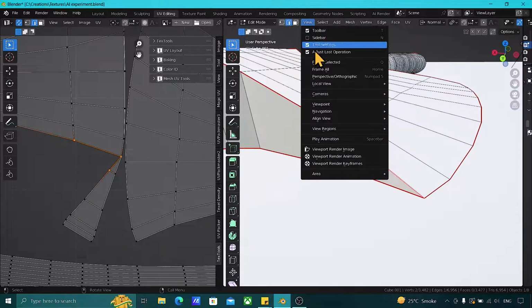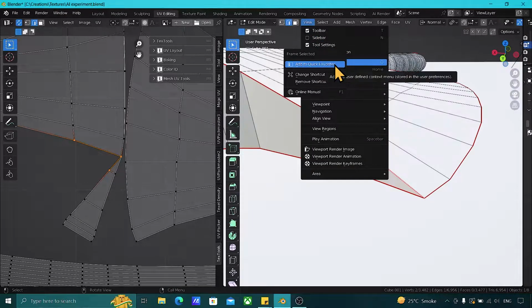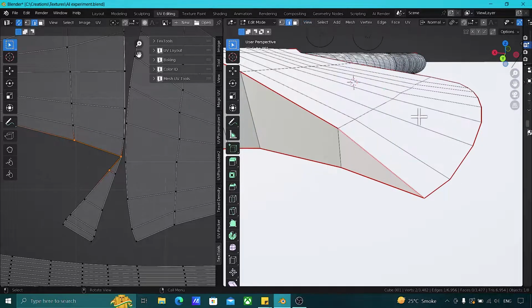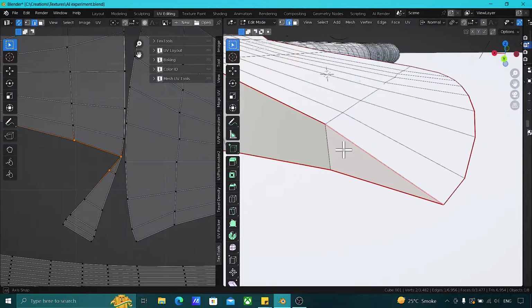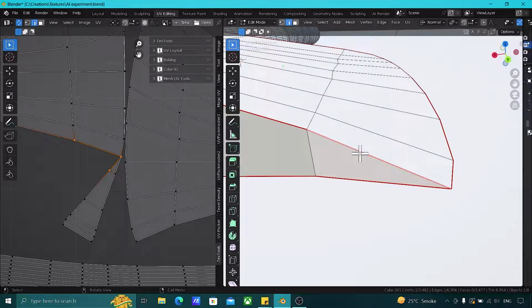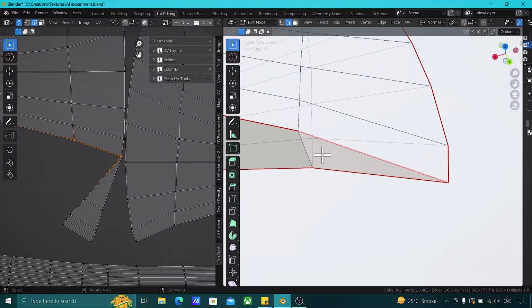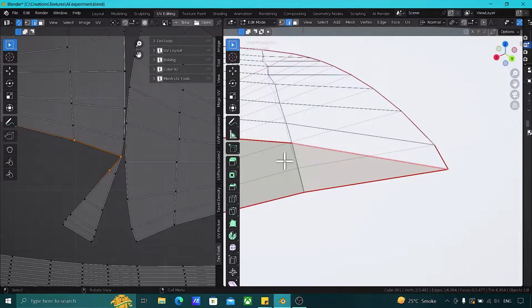You can simply go to view, frame selected, and then just right click on that, and you can change the shortcut. It's as simple as that. So it's not properly breaking because there is a double vertex, probably because, see, there are seams on both of the sides, and when you click this,